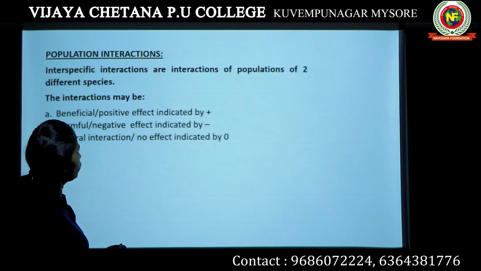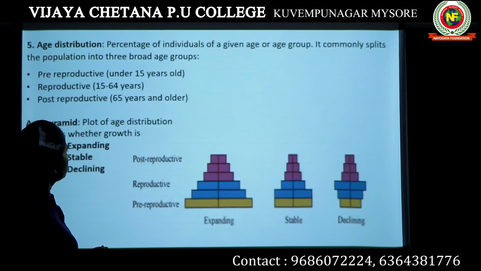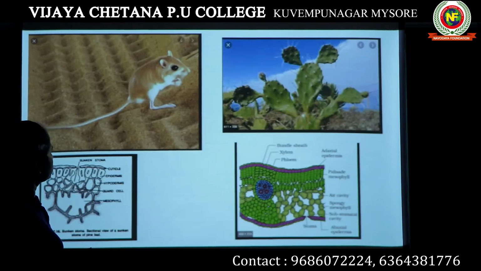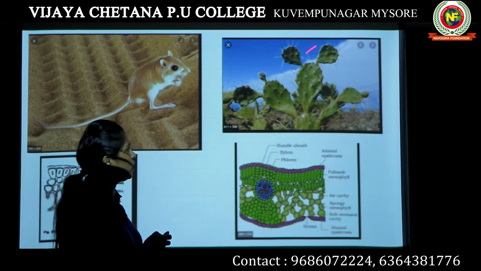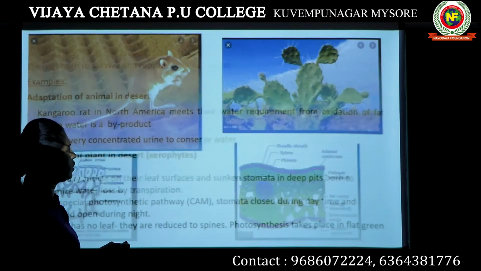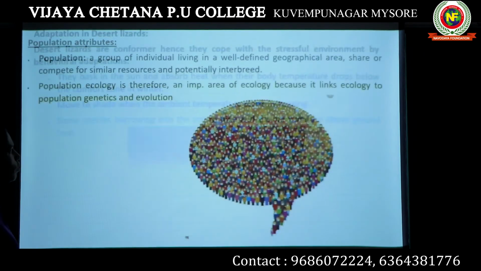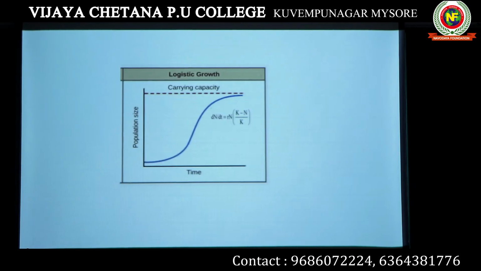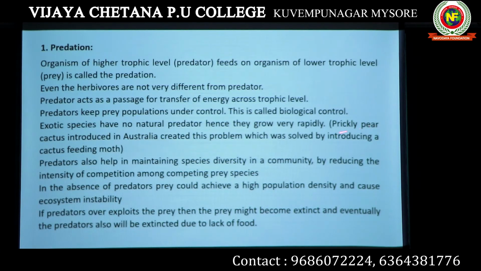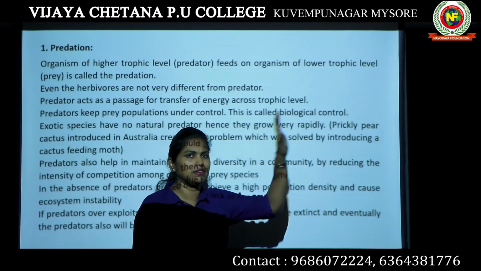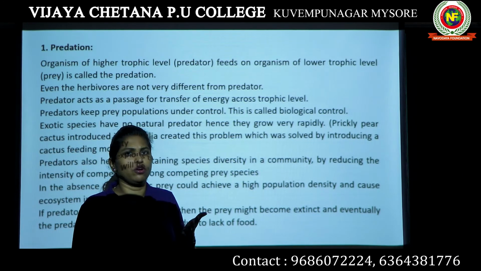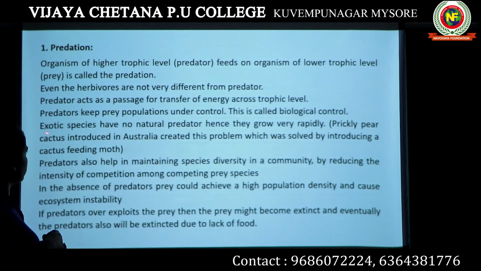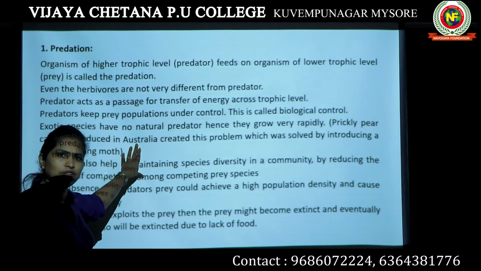We have studied about Opuntia in our earlier classes. This is Opuntia, also known as prickly pear cactus. This cactus was introduced in Australia. That particular cactus was not present in Australia, so it was introduced there for the first time. I told you, this species will not be present in one particular country. You bring it from some other country and you grow it. That becomes an exotic species. Similarly, prickly pear cactus was brought into Australia for the first time.